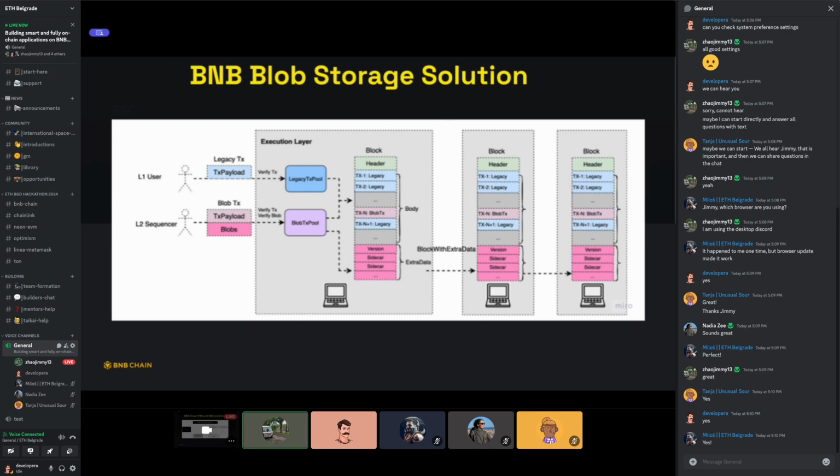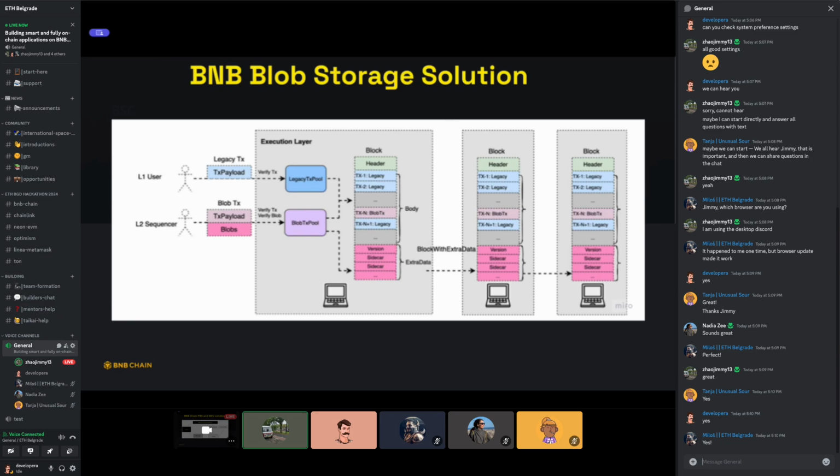But for the layer two on top of the BSC, I think the current level of data retention is enough, and they can build the layer two on top of the BSC easily and reduce the cost of the layer two as well.